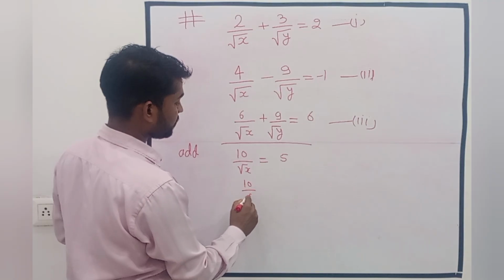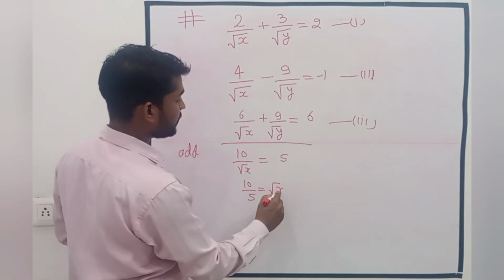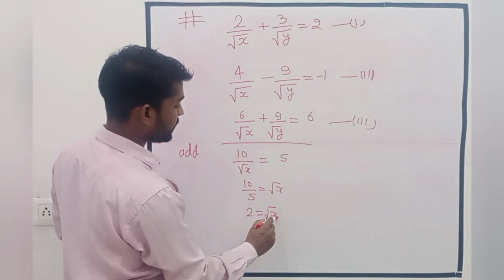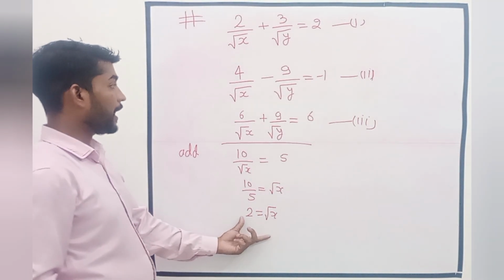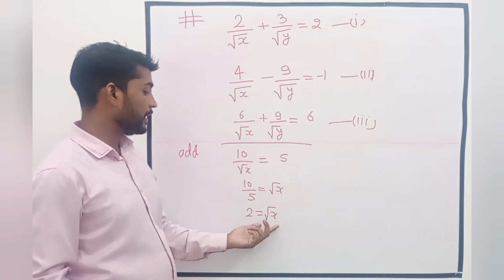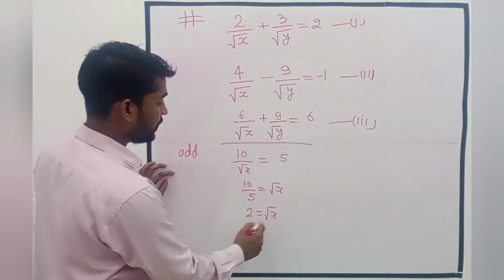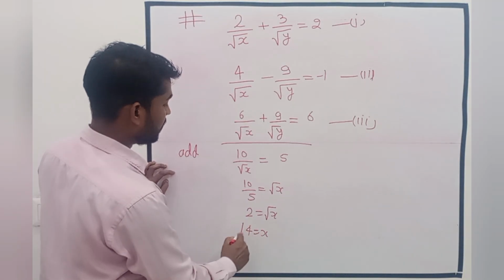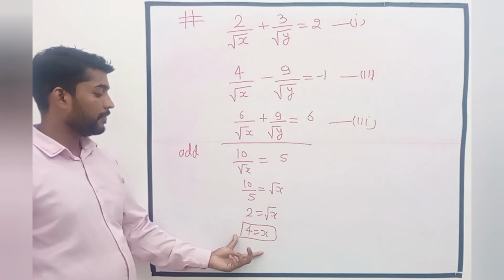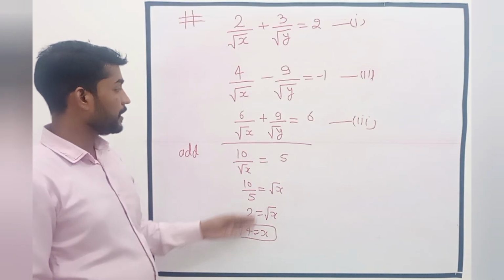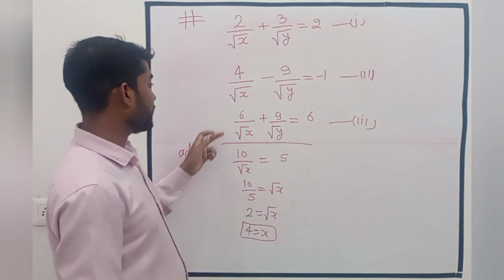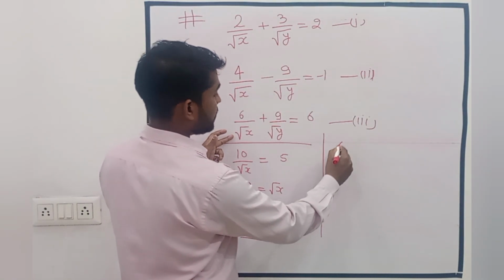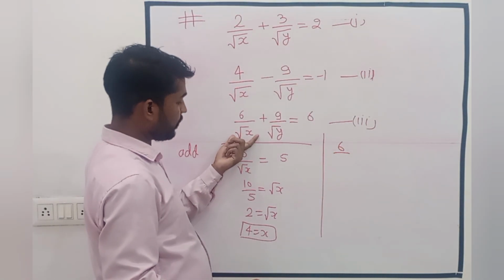So 10 upon 5 equals root x, and from here it is 2, so root x equals 2. But we have to calculate the value of x. Here is root x, and we will square this term, and this will become 4, and the value of x will be 4. Now we can put this into any of the equations, and we can put it here